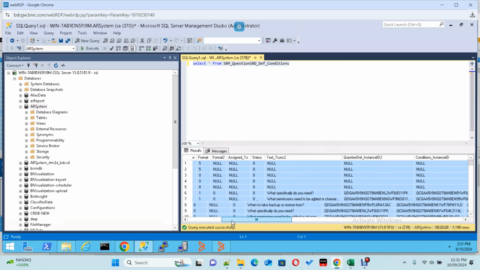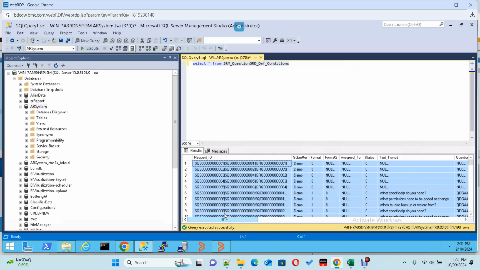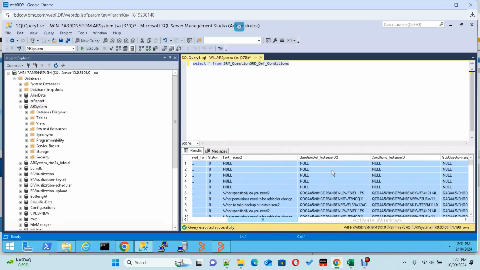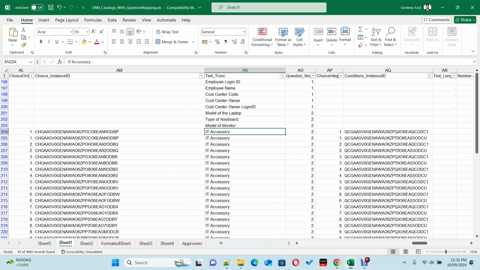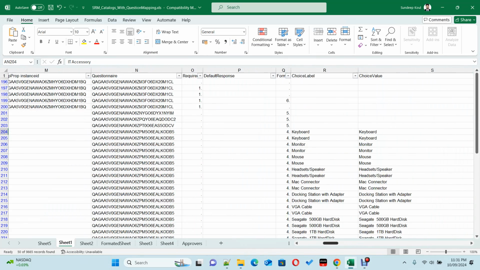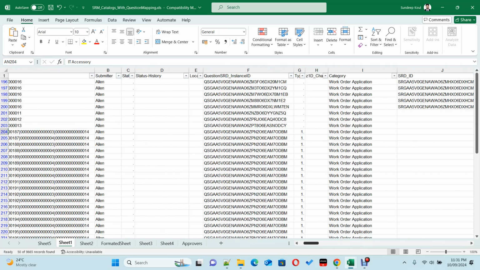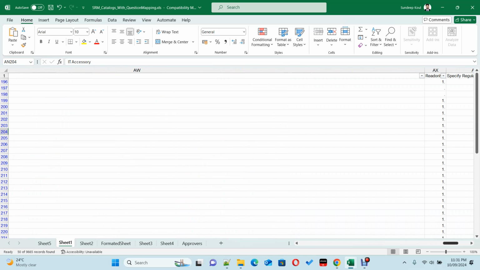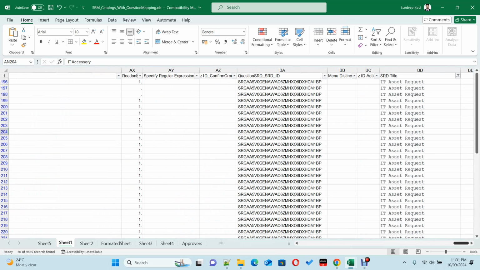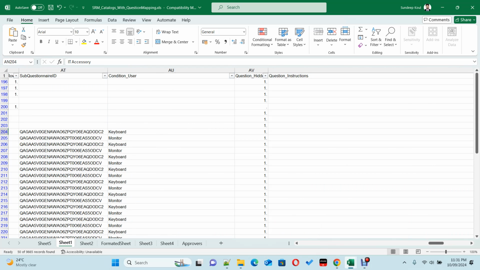Okay, so when you get the query, export this data in a CSV, in an Excel, whatever format you need, then you will get it here. In the Excel, you get something like this. So what I have done, I have just sorted based on that particular record, which is IT asset request. So in my form here,